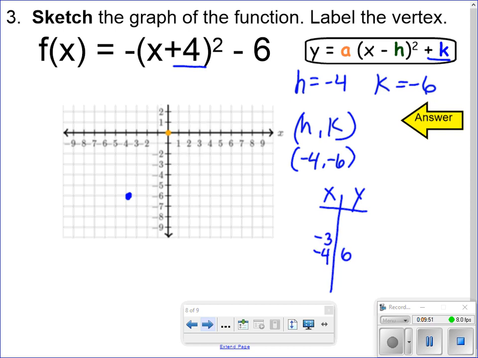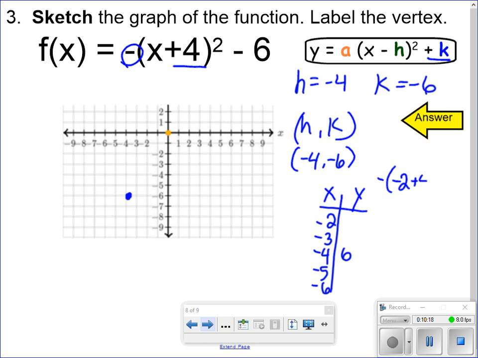We got negative 3 and negative 2 that come before. We got negative 5 and negative 6 that come after. It really doesn't matter which one I decide to put in here. I could put any number of values here. Now I do know that my graph has to open down because of this negative here. A is -1. So it does have to open down. So I'm going to pick the first two here. And I'm going to have